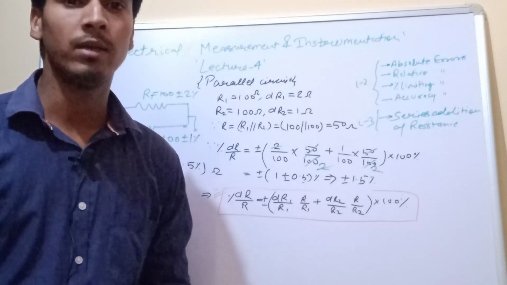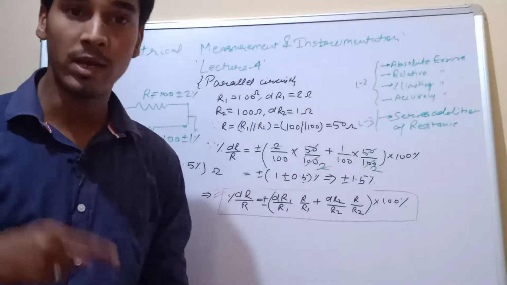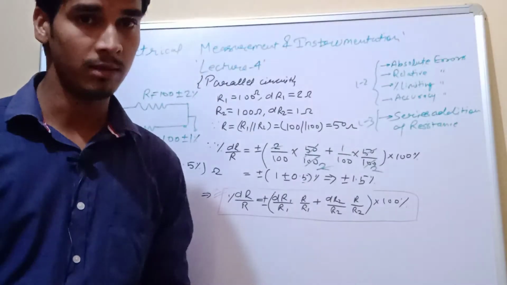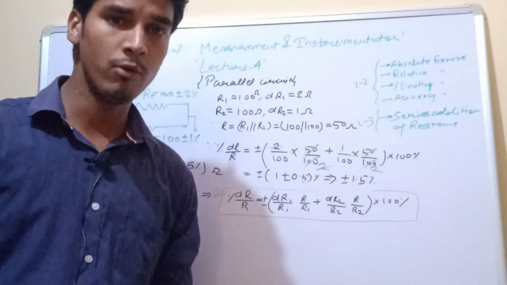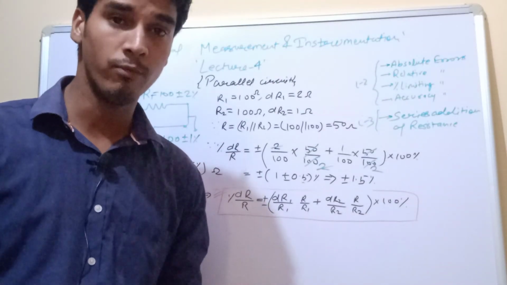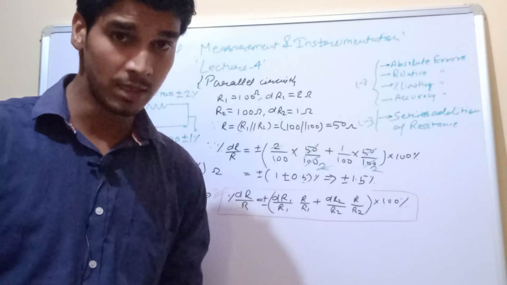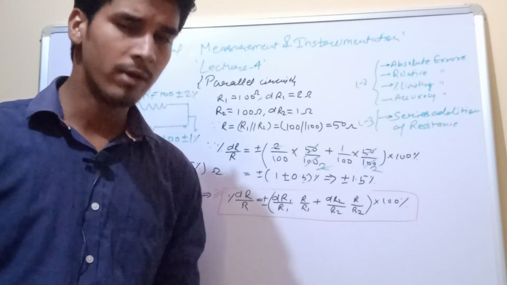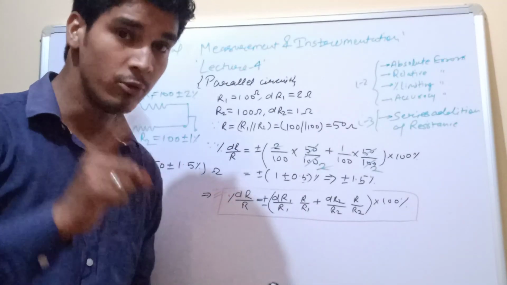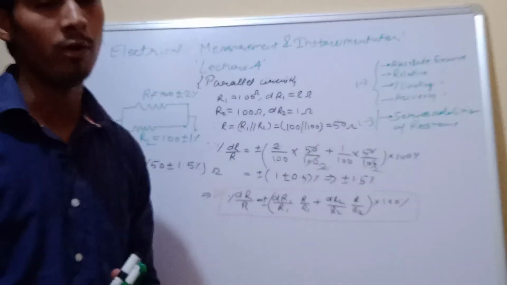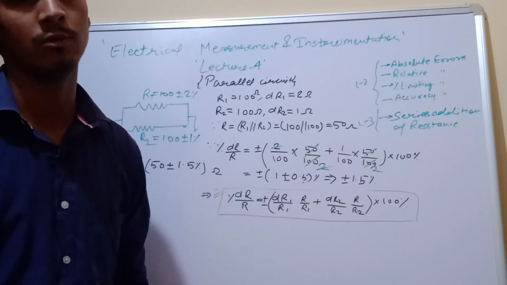We are also going to study the way to extend the range of voltmeter and ammeter. The voltmeter can measure, like, you have a voltmeter of range 100 volt, and now you want to measure 11 kV of the high tension line. You can measure, but a little bit extra device you will need. Okay, so what is the actual logic, we are going to study that also in the upcoming lectures.